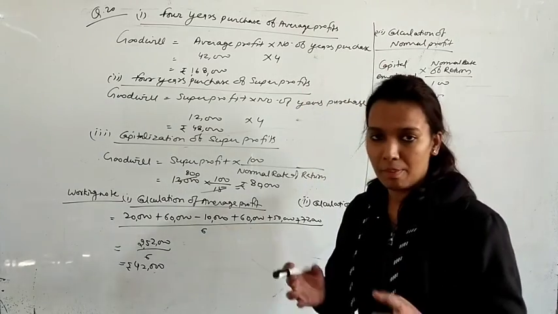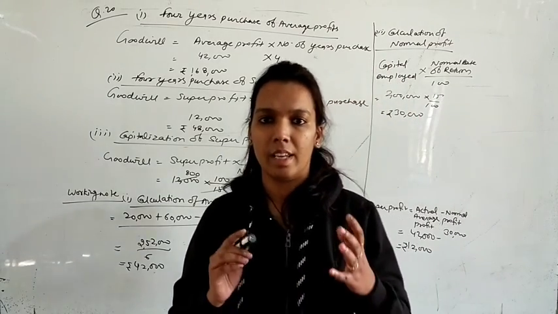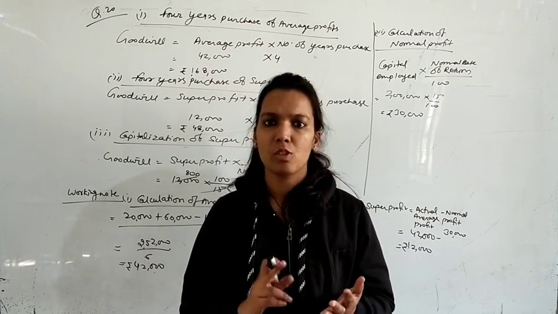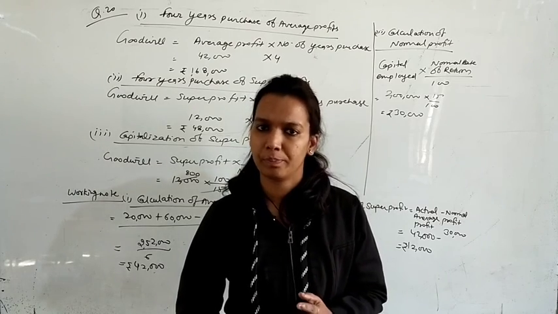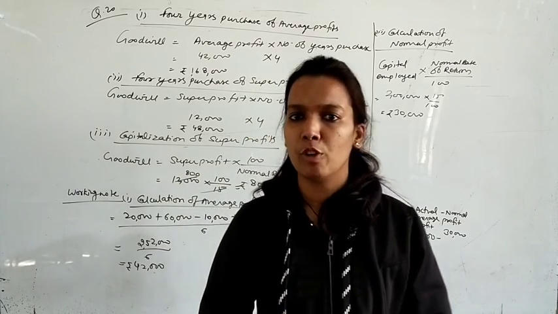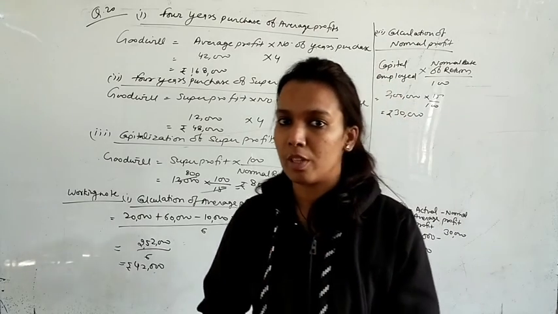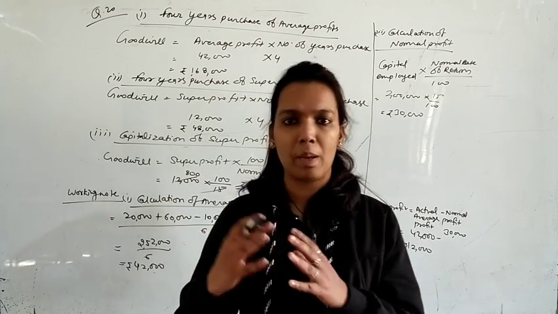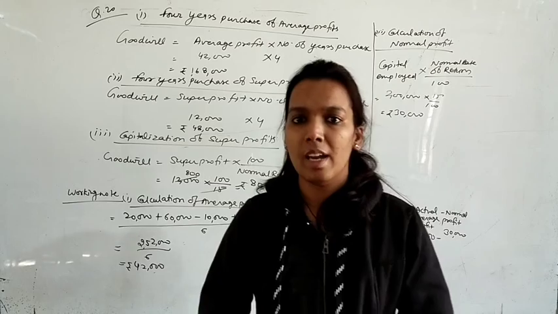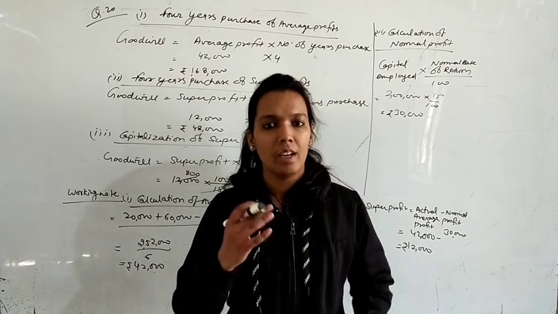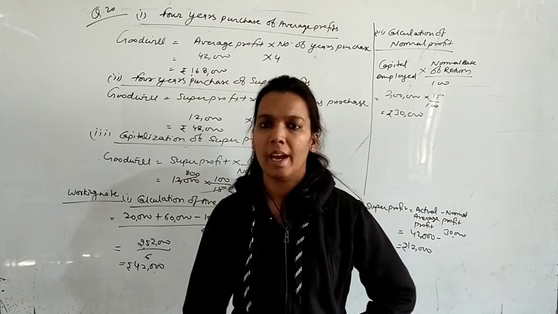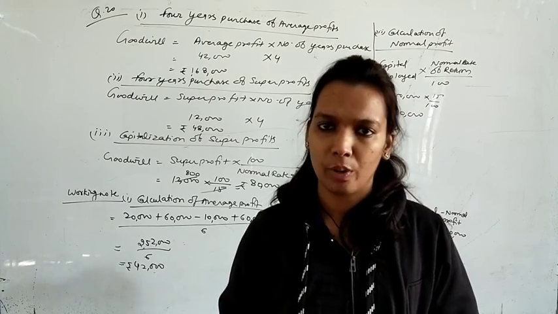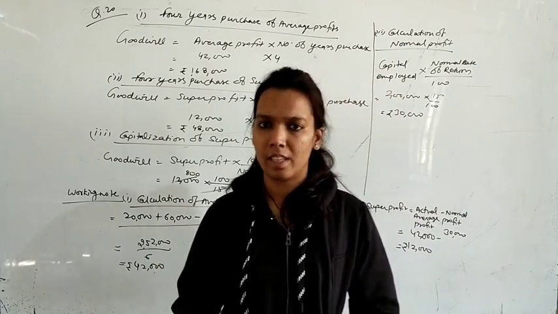As we have discussed three methods, again I am revising just in 2 minutes, that we have studied three methods of goodwill calculation, that is average profit method, super profit method, and capitalization method. Okay. In average profit method, the formula of goodwill calculation was average profit multiplied by number of years purchase. In super profit method, the formula of calculating goodwill was super profit multiplied by number of years purchase. Super profit, as we found it, actual average profit minus normal profit. Okay. Actual average profit, you know very well how we calculate, and normal profit, that is capital employed multiplied by normal rate of return upon 100.